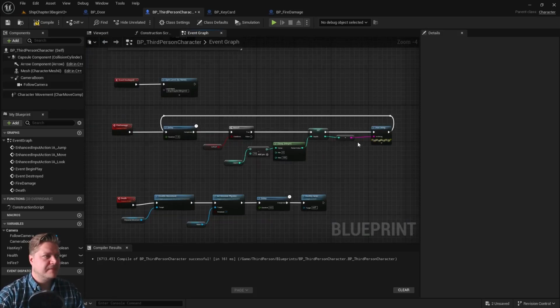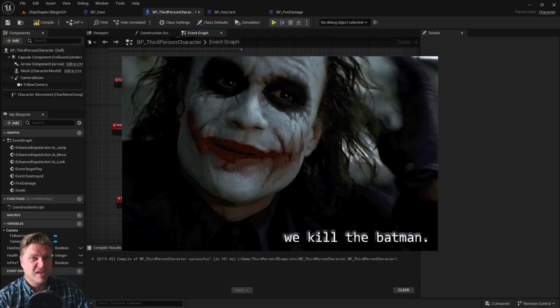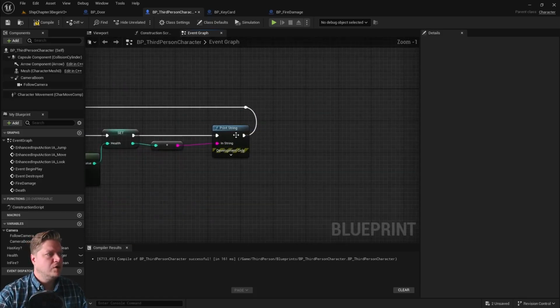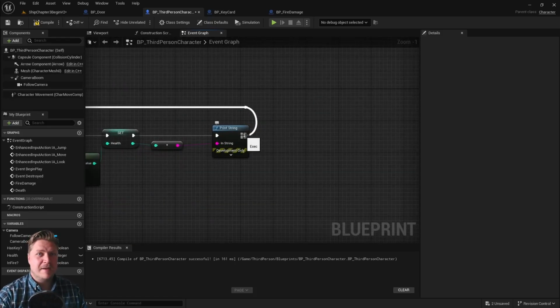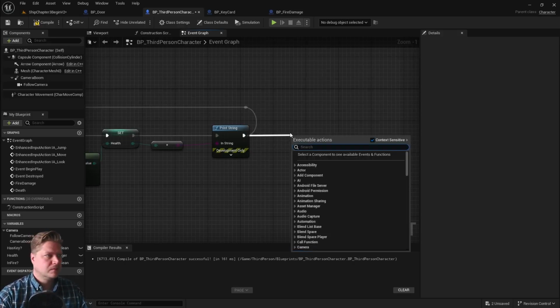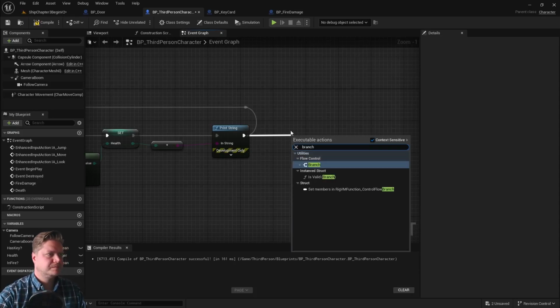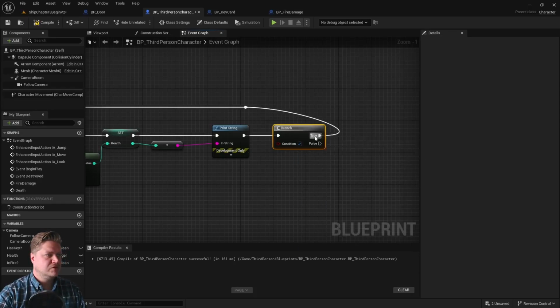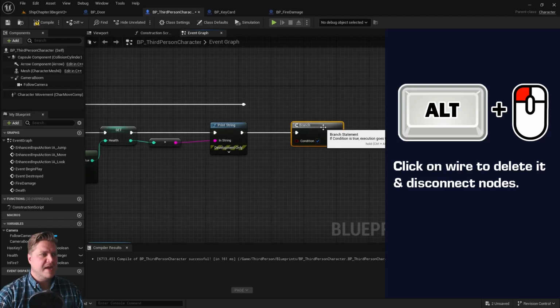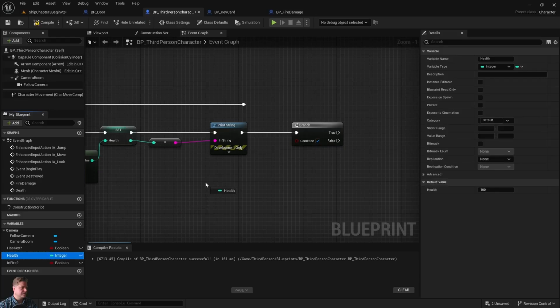And that needs to happen up here. So when the fire damage is happening, we're going to find out whether or not we've hit 0, and if we have, we'll kill the player. So once we have done our 10 damage and we've printed it to screen, what we're going to do next is find out whether or not the health is at 0. So we're going to add a branch, and I'm just going to disconnect from here for now. The condition is going to be, is the health at or below 0? So we're going to get the health out of that,